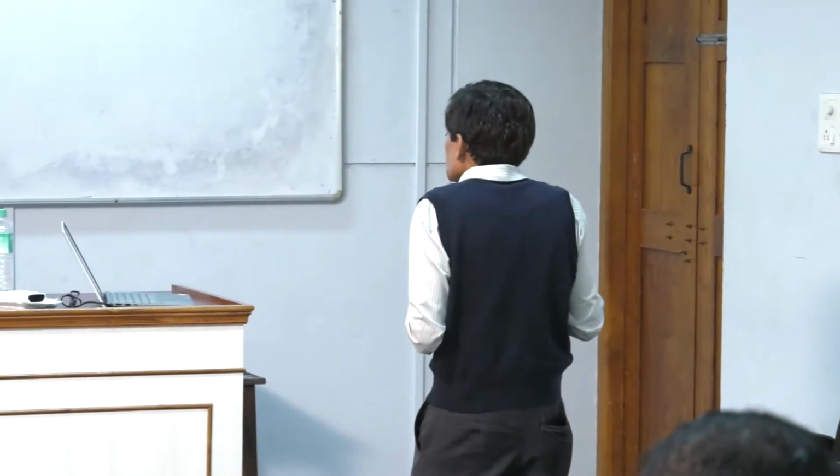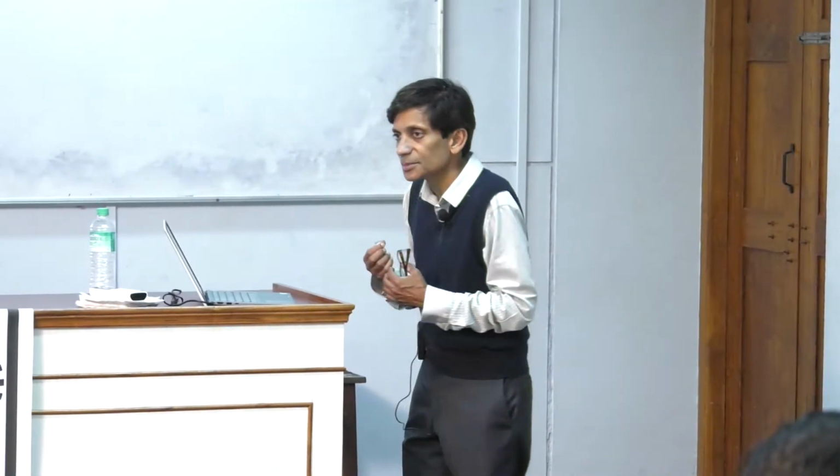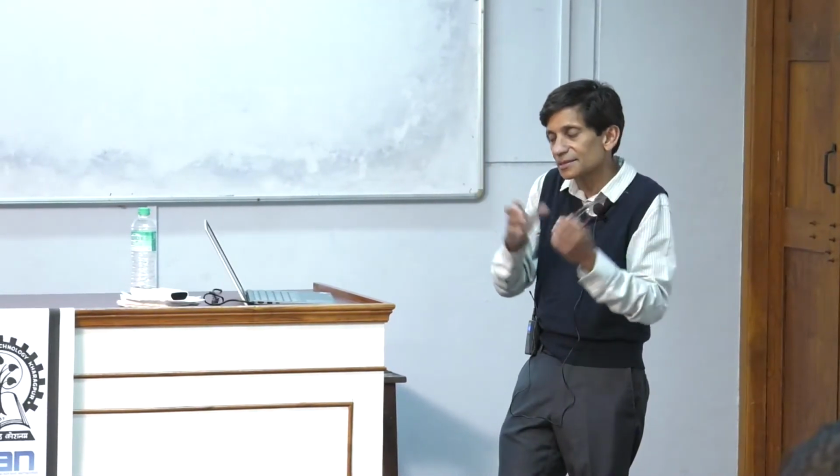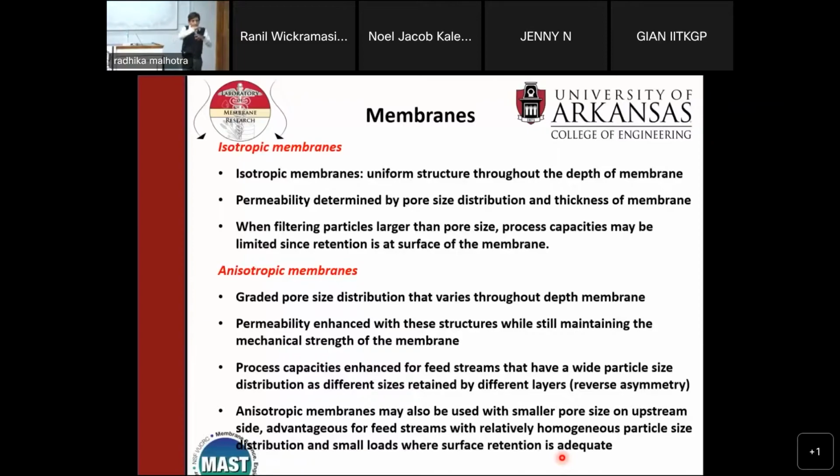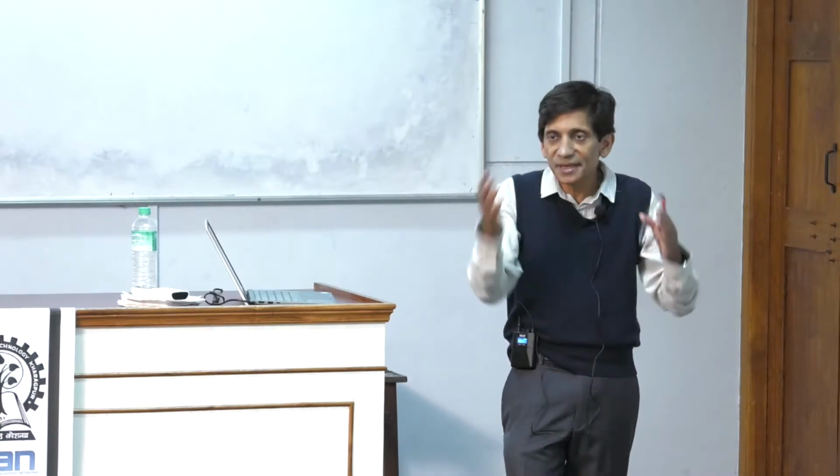It's also very useful when you have a high load of particles, because you get this idea of a stabilized membrane. If you're looking at surface filtration, your capacity is much less, right? Because everything's blocking on the surface. However, you can run at higher fluxes, because, as I told you, for the reverse asymmetry you don't want stuff to go and start plugging your pores. So the advantage of having the other way is you can run at higher fluxes if you're talking about dead-end